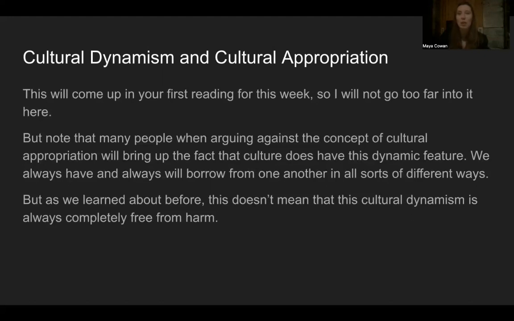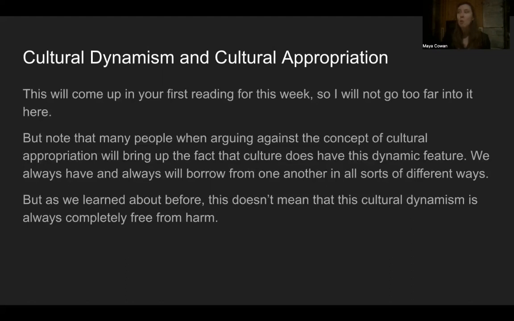I think it's worth noting that a lot of times when you see articles like the article on cultural appropriation and Halloween that you read, where something will come out that a certain celebrity is being called out for cultural appropriation, for example, there will be these naysayers on the idea of cultural appropriation who will say,